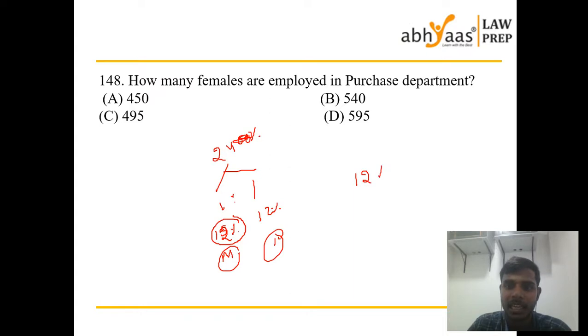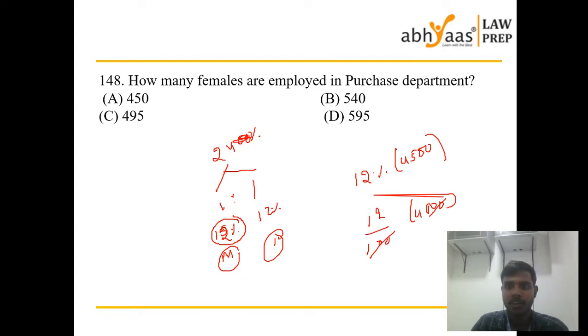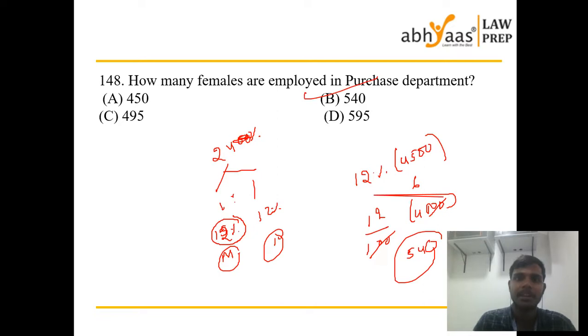Simply I'll calculate the 12 percentage of 4,500. Okay. 12 by 100 into 4500. 12 5s are 60, 12 4s are 48, plus 6, 540. So the total number of females employed in purchase department is 540, which is very easy. Next,